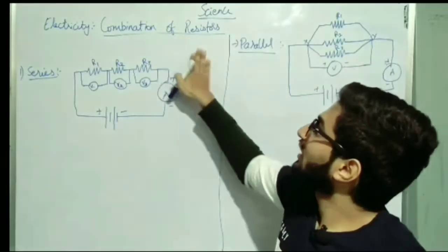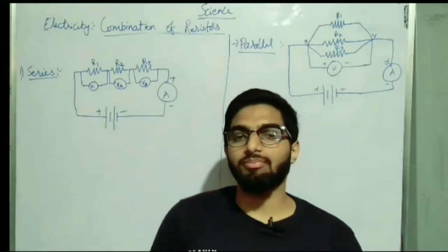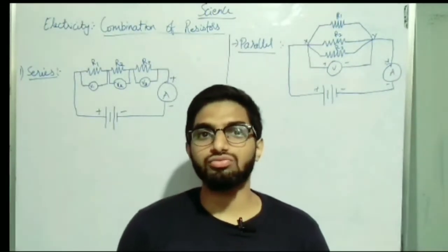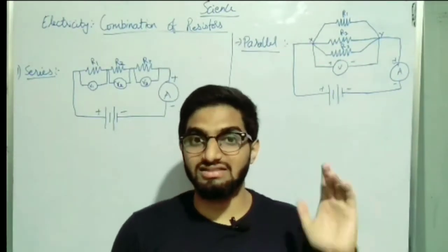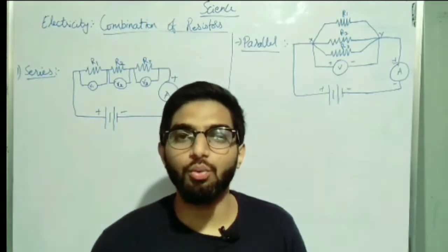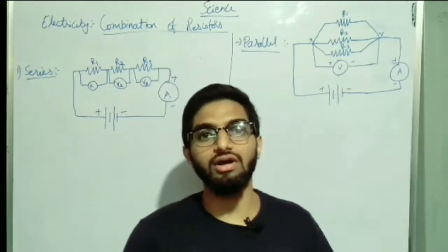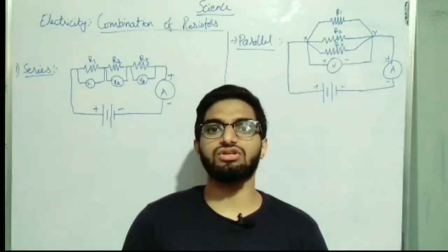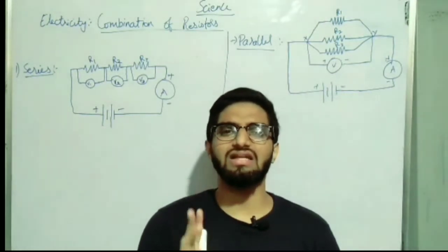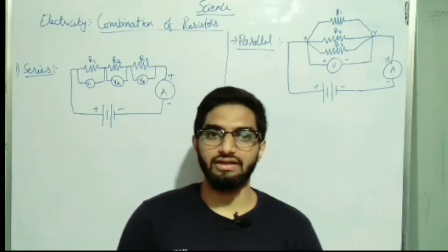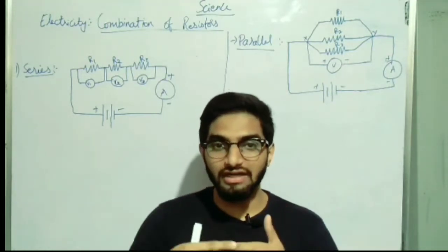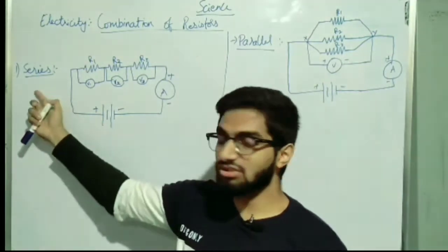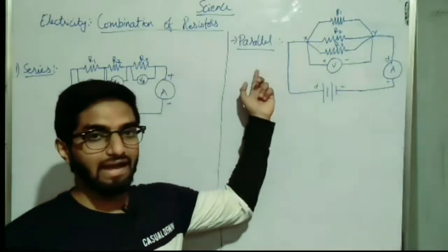So in many devices they apply Ohm's law. To apply Ohm's law you need resistance, and a resistor is a device which provides the necessary resistance for a device. Now let us see the different combinations of resistor. So mainly we have two different methods of connecting the resistance: one is your series and the other is your parallel combination.